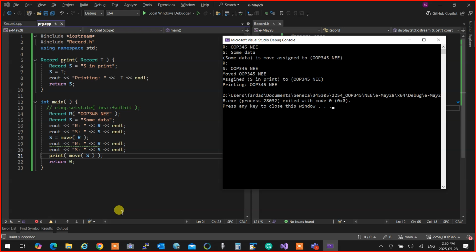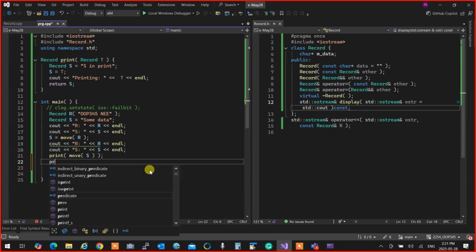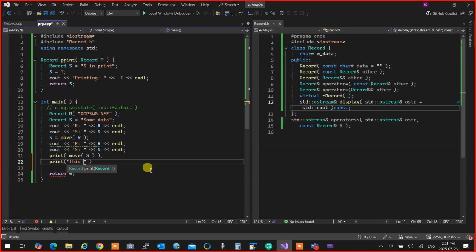Pardon me? Move is not a move function, it's std::move. It literally tells the compiler that this is supposed to be treated as an R value. So see, if I do this, I don't need to write move. Take a look. It's not going to give me an error, right? Well, what happens over here in the second one, it's going to create a temporary nameless record